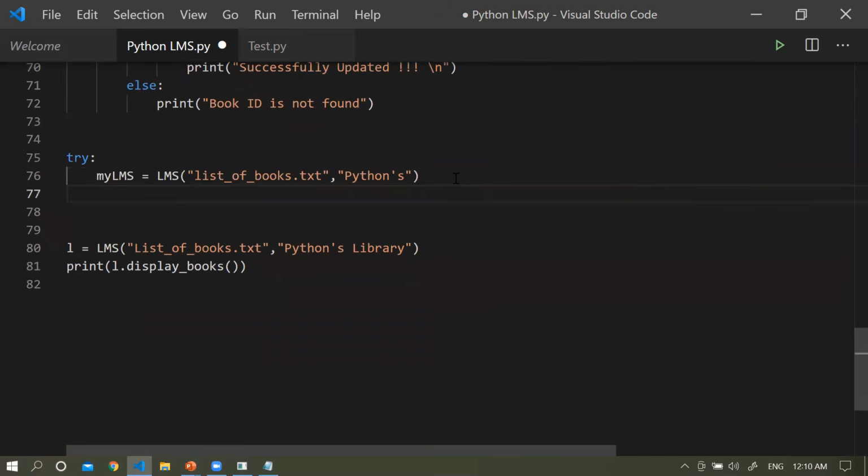And here I'm going to create a press key list. So I'm giving you the option. Based on that option, you can run that particular module. So here, let's say D, which is display the books. So let's say display books,